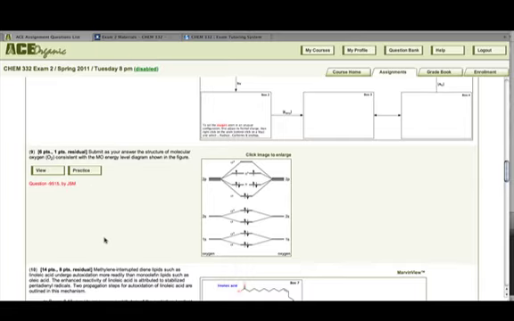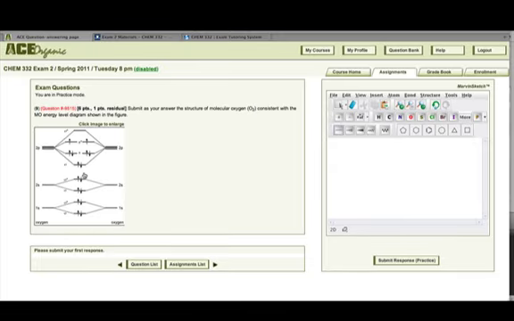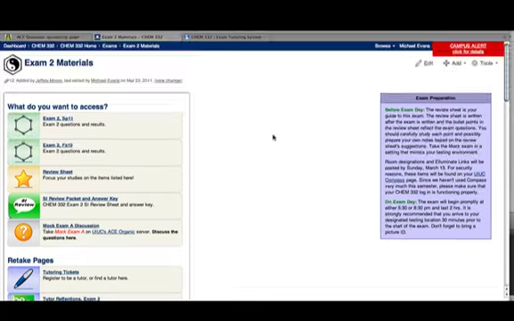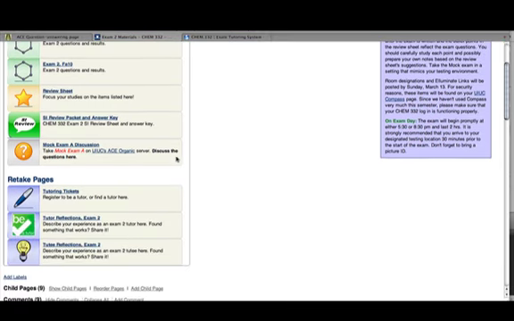When we reopen the exam, this button will say solve, and I'll be able to click it and come in and work on the problem on my own. But if I'm still having some trouble, or if I want to earn some additional credit by serving as a tutee, at this point I'll go to the 332 exam tutoring page, which is accessible under retake pages under exam 2 materials. So clicking this link will take you to a page that looks like this, and the table is